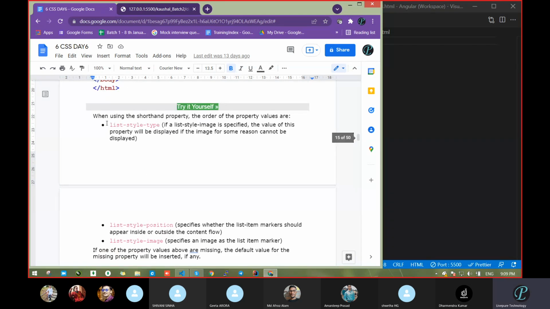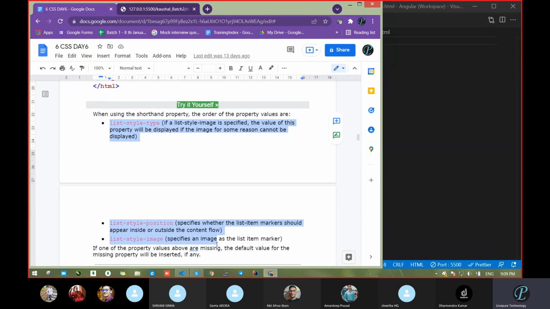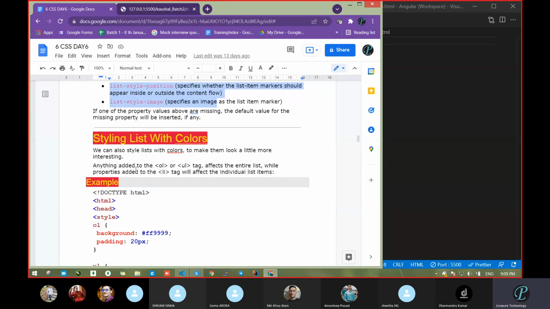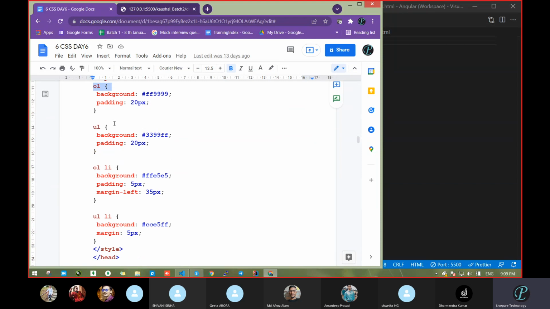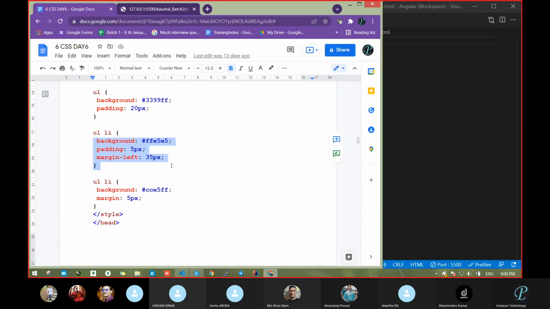See here, whatever explanation was on the top, we discussed all these things here. Next, list styling list with color. This we have already seen just now. OL marker tag we had used. But on the standard level, we had removed the marker tag itself. If you want OL, UL, these are all basics, nothing special. You can pass margin, padding, whatever style you want.